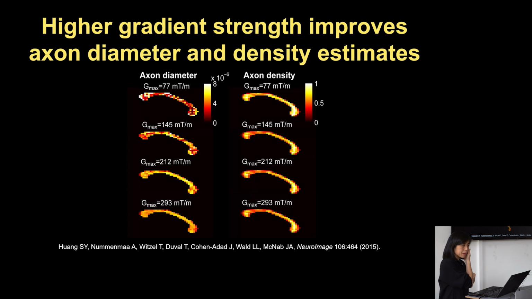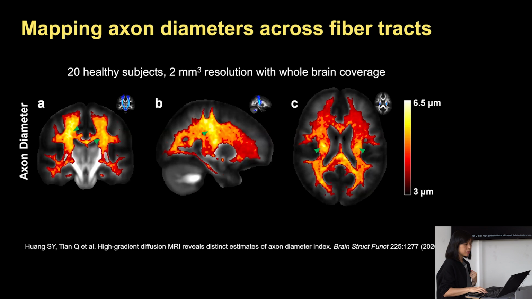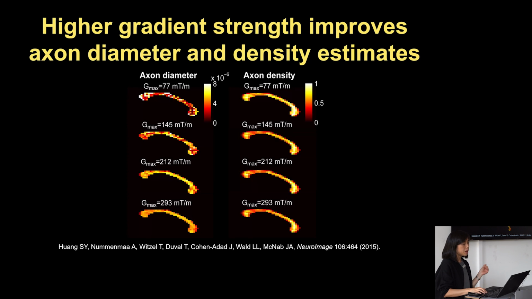This was a paper that I had worked on early on with Jennifer McNab, where we stepped up systematically the maximum gradient strength on the scanner from the typical Prisma gradient strengths of around 80 all the way up to close to 300 millitesla per meter. And you can see that as you go to stronger gradients, the ability to resolve axonal diameters, essentially to sensitize the measurement to highly restrictive